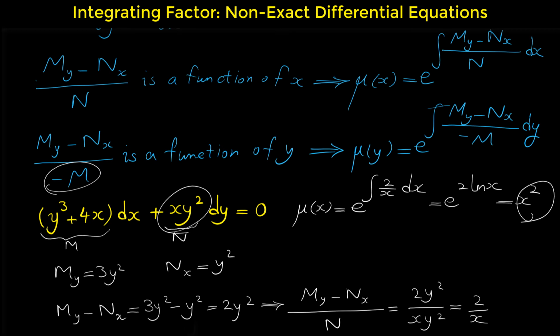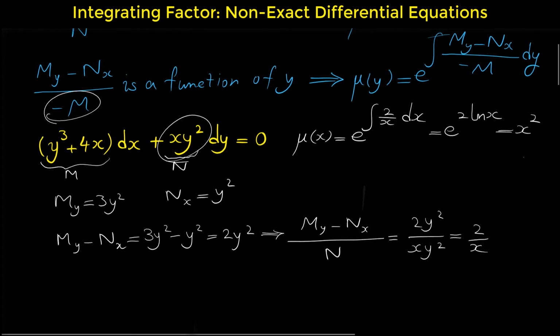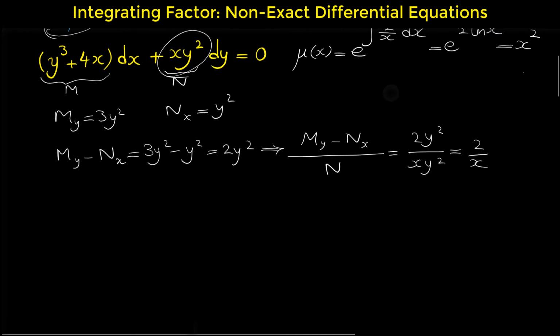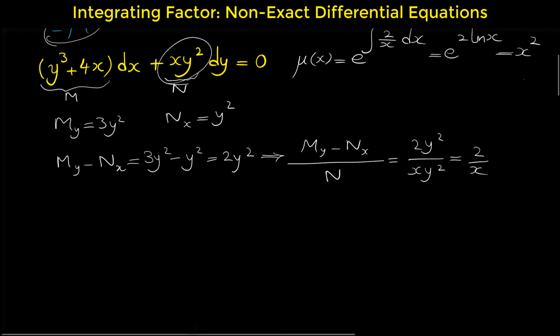So x squared is the integrating factor for this differential equation, which means that if we multiply this given differential equation by x squared, we have an exact differential equation. So let's multiply our differential equation by x squared. If we multiply this expression and this expression by x squared, we have